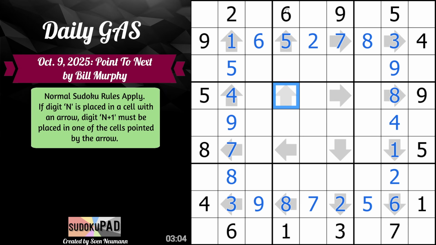This can't be 4 to point at the 5, 6. But we're missing 5 things here. So a little bit more to think about. 2, 3, 4, 2, 3, 4, 7, 9. Okay, well,